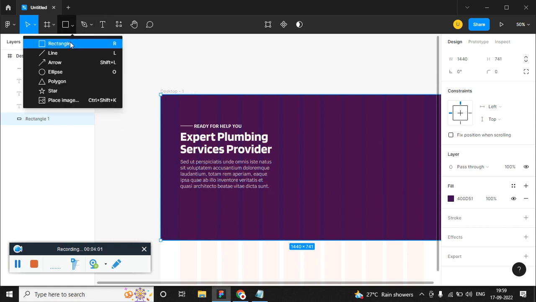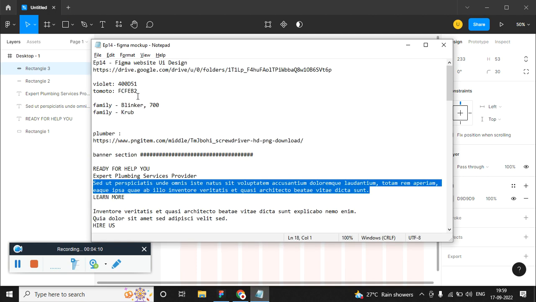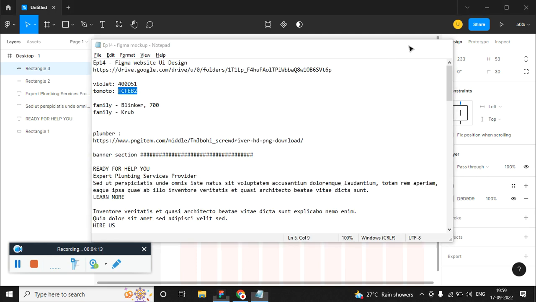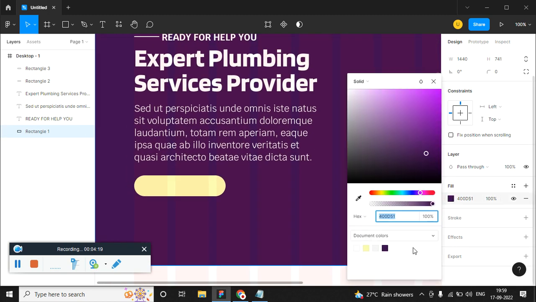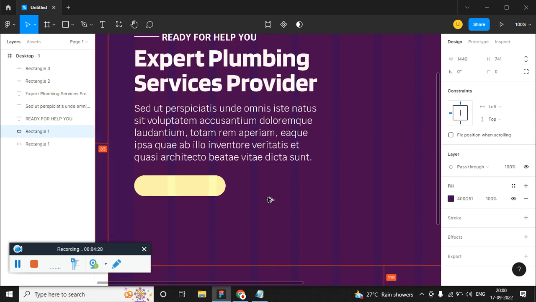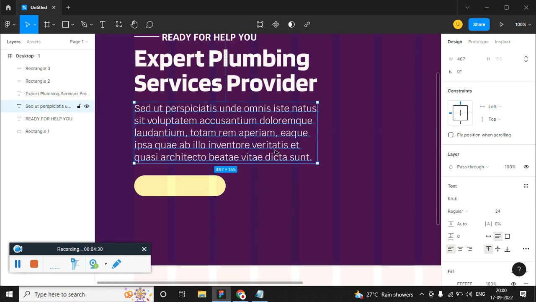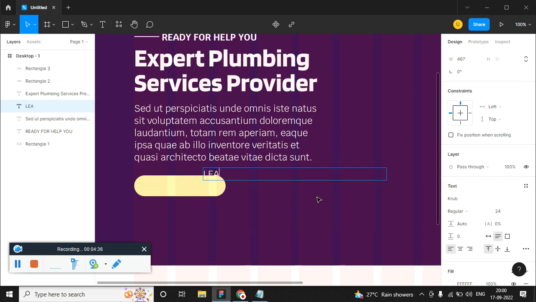elements. Now create a rectangle. So this is for the button, and if you go here you can make the border radius 30 pixels. Select this, and let's fill it with yellow color. Actually it's not tomato, it's yellow, and you don't have to worry about it. You can see once you click on fill, the violet is also there and the yellow is also there, so no need to copy it one more time. Alt drag, select this, alt drag, and we just need learn more. That's it. Adjust the width accordingly,